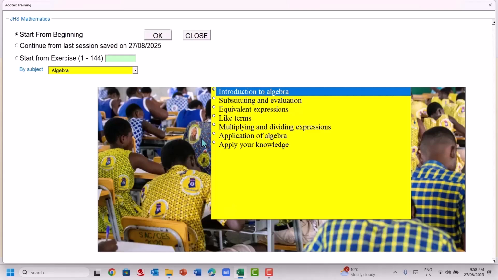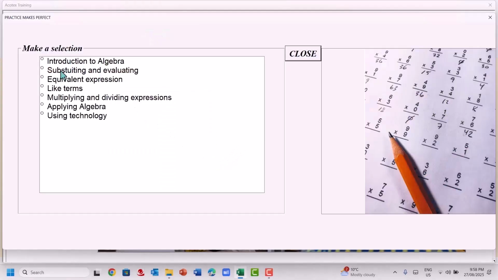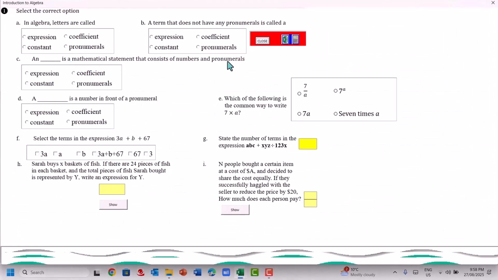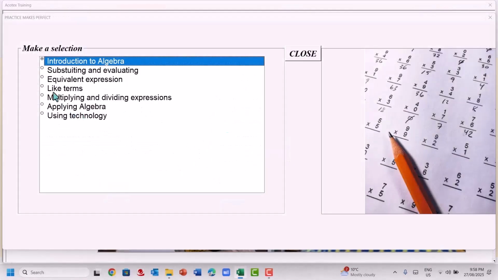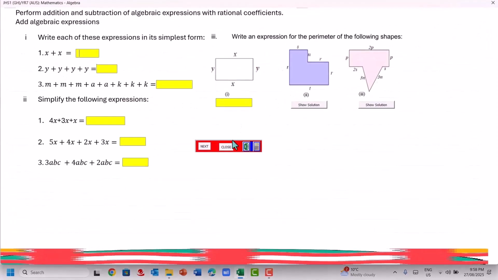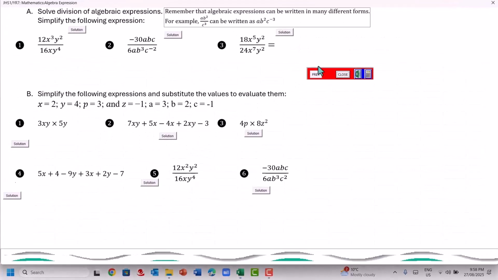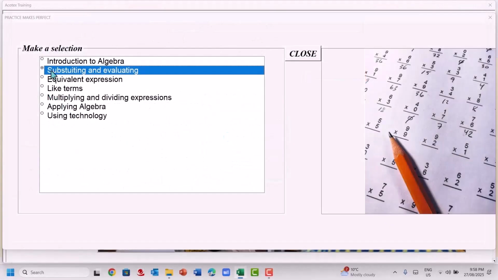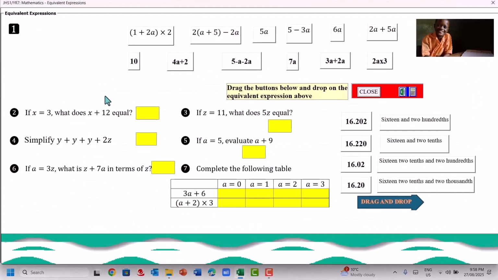And then after that, I give you the chance to actually apply your knowledge. And you can apply your knowledge to every one of them that we have studied. You do exercises on every one of them. Okay? You do exercises. I give you exercises on each one of the topics that we have studied. Let me close this. Equivalent expressions, we have exercises on that, and you apply that knowledge that you have learned so far to that